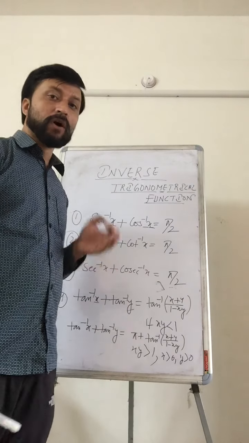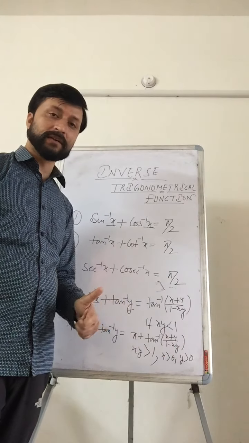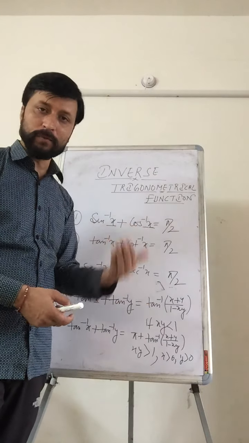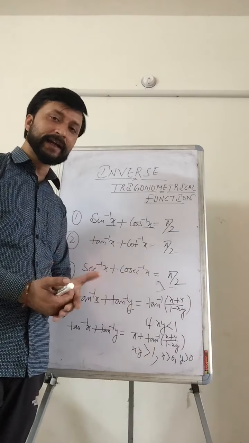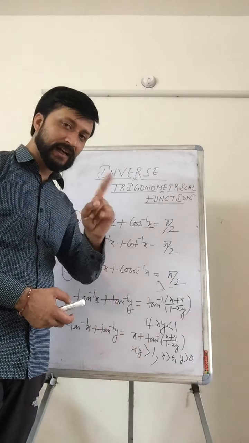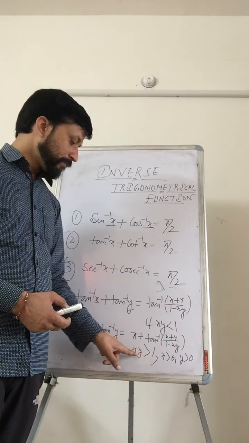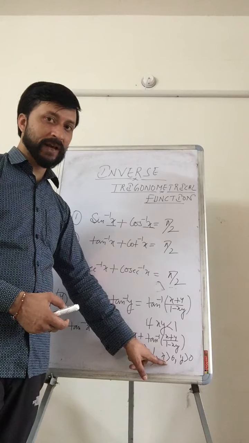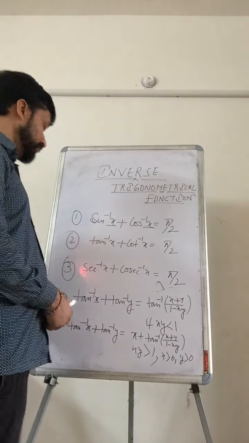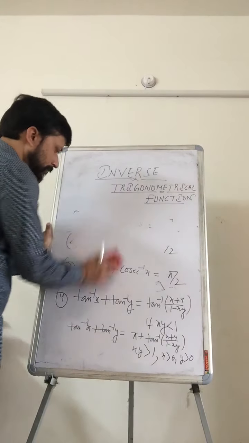And positive into positive is always positive, but this formula is valid when both the angles are positive. If both the angles are negative, then if you multiply you will also get positive, but that one you don't have to take. That's why the more condition is there, clear. The product is positive under this condition when both are positive, that is greater than 0. Now let's do some problems.